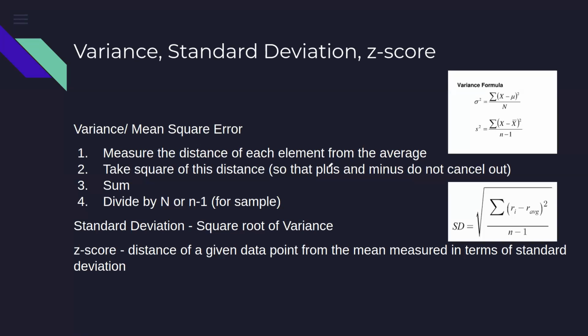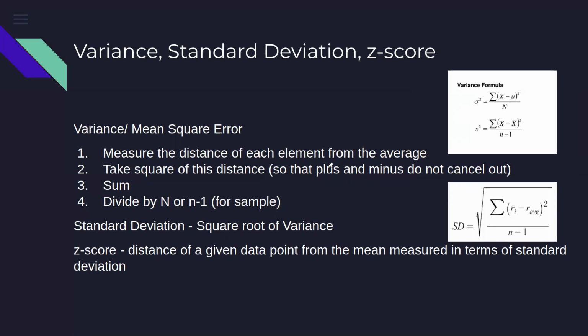So for each of these occurrences, I find the distance from the average. If my average is 30, one day I reach at 27 minutes. Now the difference between the average and that particular occurrence is -3. Or similarly, if I take 33 minutes, that would be 3 minutes difference. Now, if I just take a simple sum of that, then the plus and minus would cancel out. I would get the dispersion as 0, because on one day I took the average plus 3 minutes, on the other day I took the average minus 3 minutes. So a simple sum of plus and minus will cancel out and I will not get any insight into the dispersion.